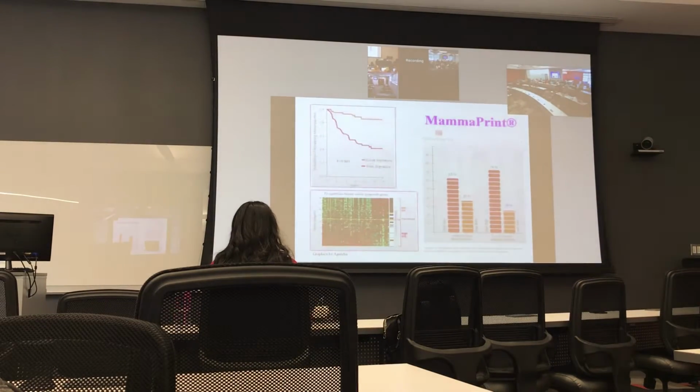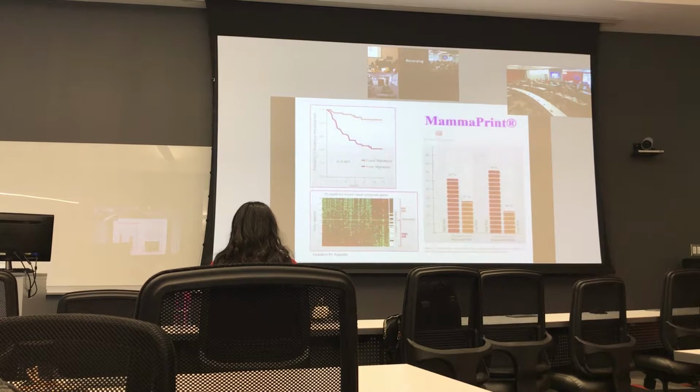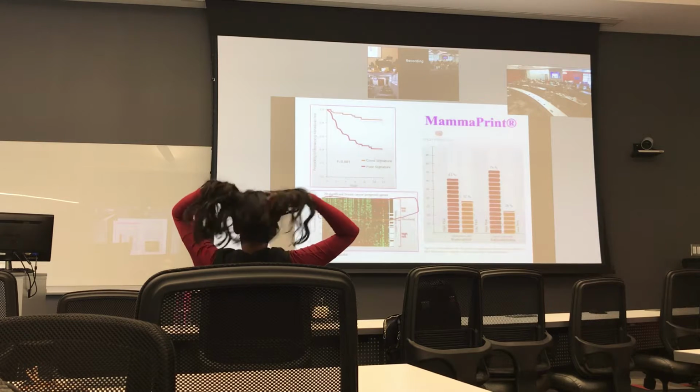And so this is what some of the data from MammaPrint would look like in terms of having the prediction of a good score or a poor score. And again, it's based on these 70 genes and where a patient would fall, whether they would fall in this category when you're looking at the genetic expression. So green typically means that the expression is high, red typically means that the expression is off. And so looking to see what sort of pattern the genes in that tumor fall in,